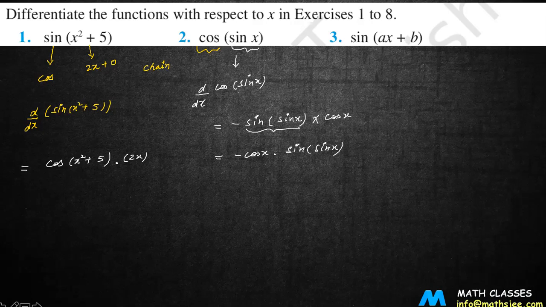By now you have learned a lot of things. So we can now write down the derivative of this as well: dy by dx of sine of ax plus b. What is the derivative of sine? The derivative of sine is cos. So we have written cos, with whatever the function is, into the derivative of ax plus b. That is going to be a, because the derivative of ax is a and the derivative of b is 0. So this is simply a into cos of ax plus b.